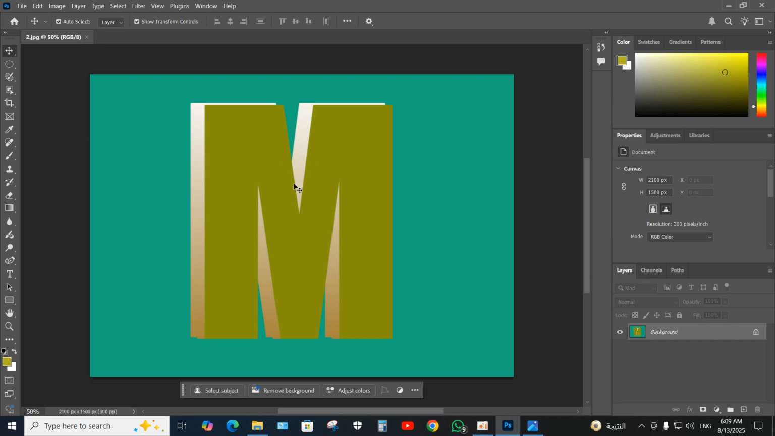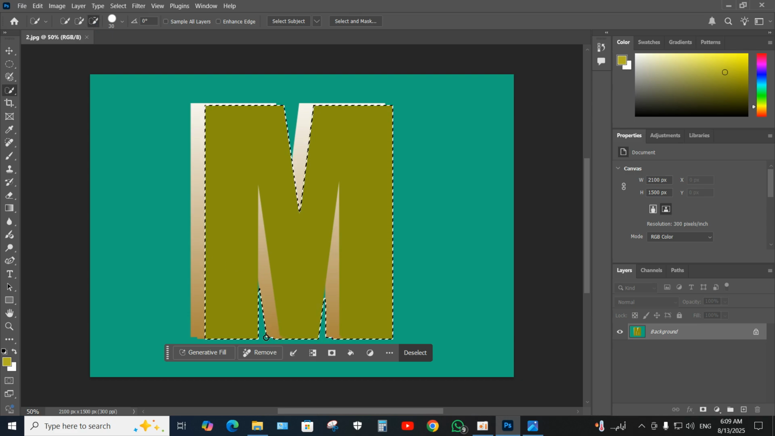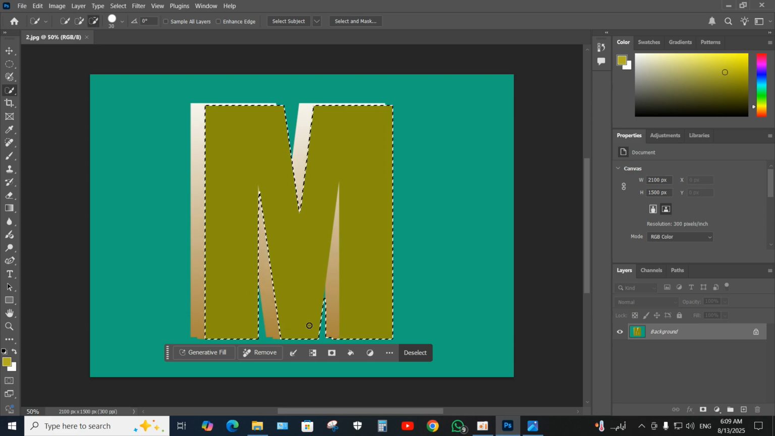or your 3D word, and now go to the toolbar and select the quick selection tool and just wait a moment, and now make a border under the text. Okay, and now select the minus to go back on the border. Okay,